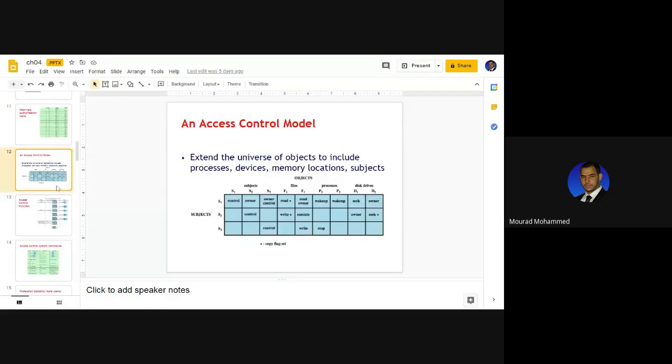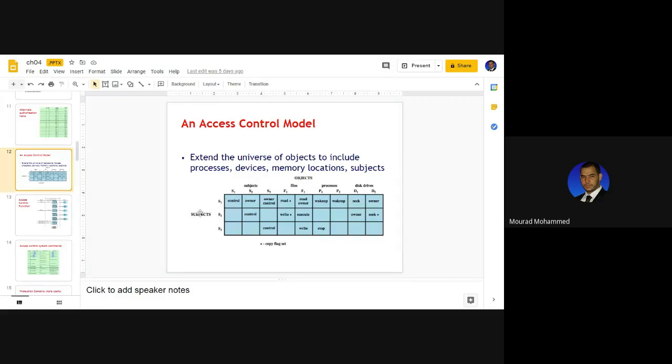So all of this we saw. It's just to remind you, the sparse matrix through which we can see extended givens to be subjects, to be objects. The subjects themselves can be playing the role of an object. I'll give you the example. Instructor, student.